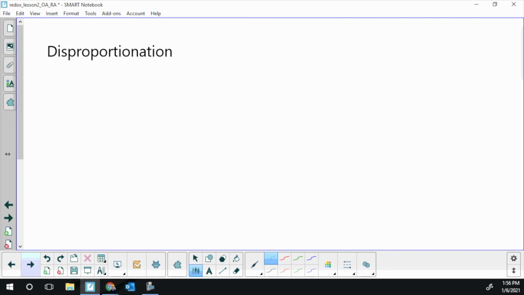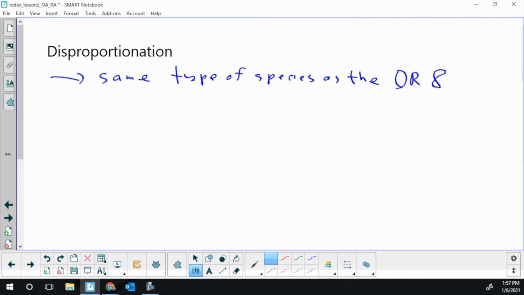Disproportionation is a weird circumstance where you have the same type of species as both agents, as the OA and the RA. Now you're going to need an example to make some sense of this. Same type of species as the oxidizing agent and reducing agent. One example where you can have the same type of species acting as both agents, and it's actually spontaneous, is